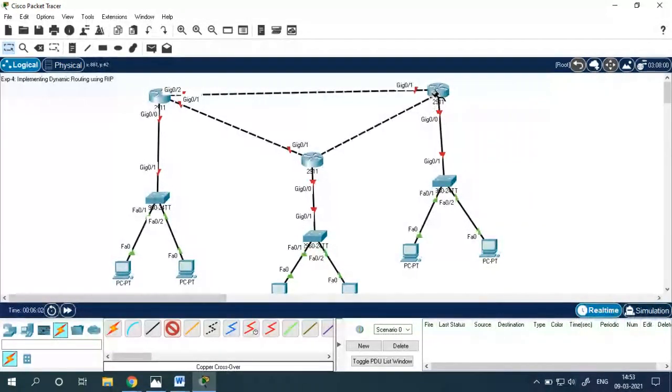This router with this. Now we have deployed all the networking devices. We have hooked up. So we will see how the working of dynamic routing is different from the working of static routing.